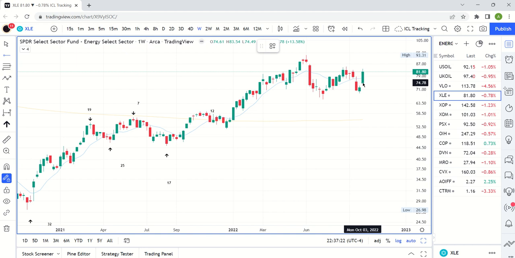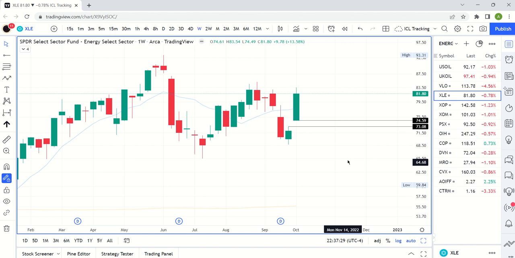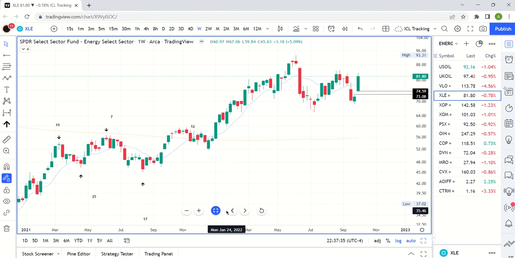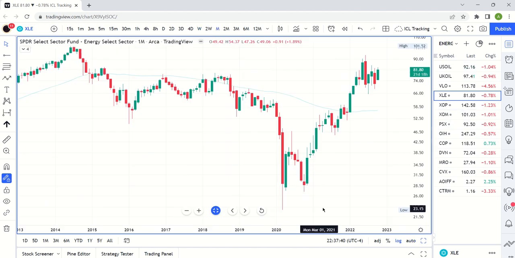There is a gap here, and that is important to know about because that will probably get filled at some point, right? So that's a gap between 73 and 74.59, so like over $1. Yeah, that'll probably get filled at some point. That's good to know about. And on the monthly chart,